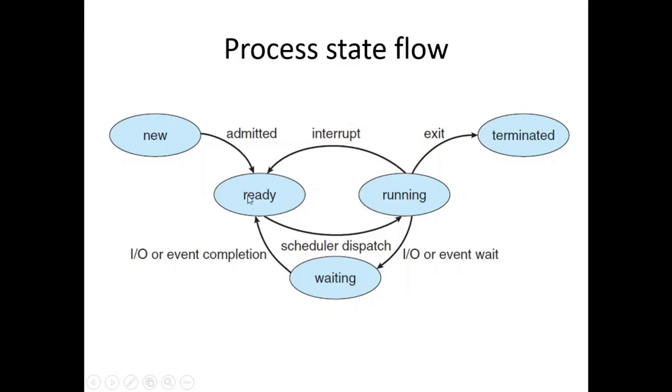Once it is running, there might be some kind of IO event, some input output event, and it might be waiting for IO. So it will move from the running state to the waiting state. Once that IO event has completed, it will move back to the ready state, and it will be waiting for the CPU. Once it has gotten the CPU, it will be running again, and once the entire process is executed, it will move to the terminated state, where the process execution is completed.